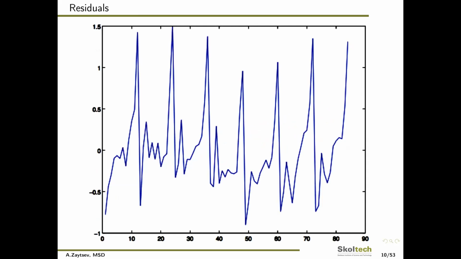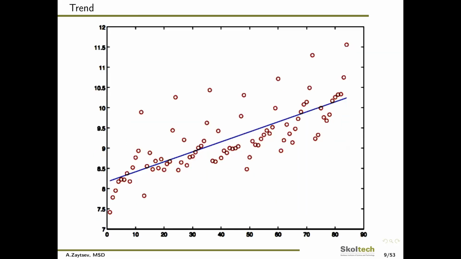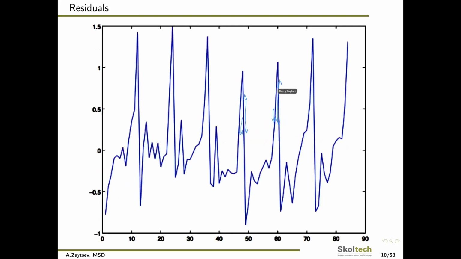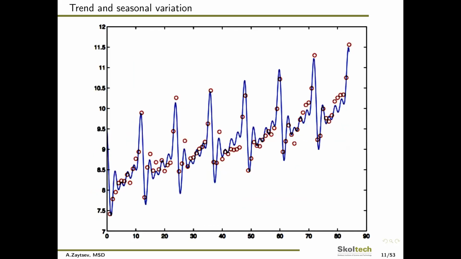And also, if we look at the residuals, what's the difference between the trend and our observations? We can observe some seasonality, which we also can model with something like this. So now we have some explanation for the data, some interpretability of the model. So we have this peak in the end. We have this line of sales in January, because maybe no one goes to this small town in the beginning